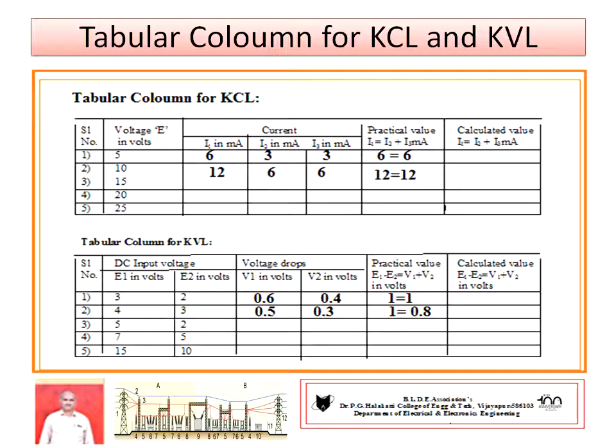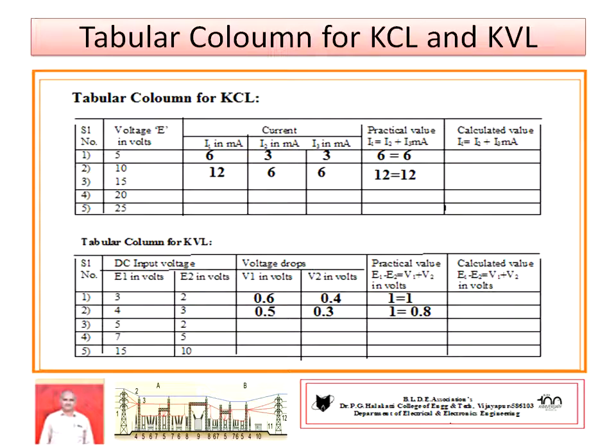For the first set, you adjust the voltage knob to 5 volts. Then I1, ammeter A1, the first current, reads 6 milliampere. Then I2 and I3 read 3 milliampere and 3 milliampere respectively. So this is the verification of KCL. I1 is the incoming current, I2 and I3 are the outgoing currents at the junction. So at this junction, the incoming current is 6 and the outgoing currents are 3 and 3, hence 6